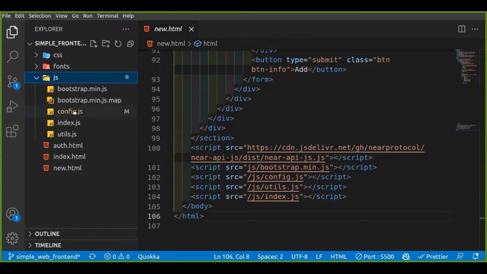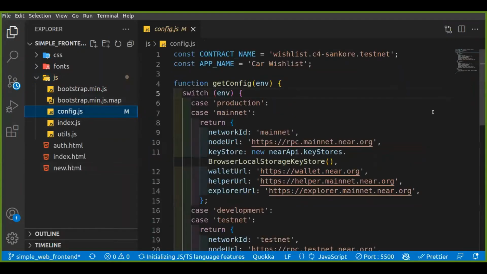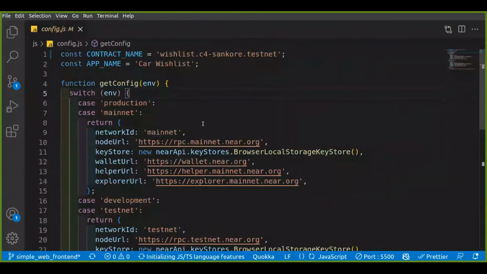Now, let me walk us through the config.js file. I think this is where we can best start this particular discussion. Let's have a look at this file and its content. We have 2 variables, in this case, constant variables. The first one in line 1 is the contract name, and the contract name is going to contain the wallet address or the account ID where our smart contract lives. So I'll just comment this here, account ID